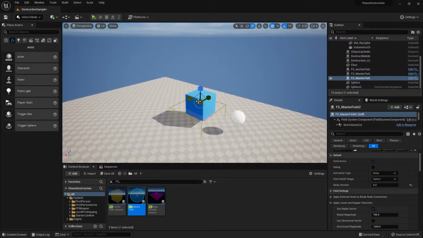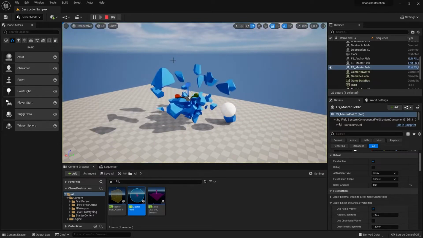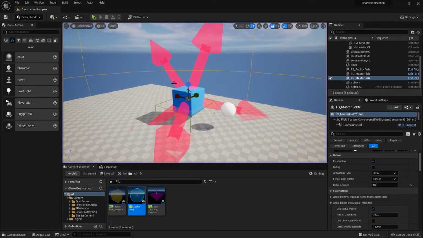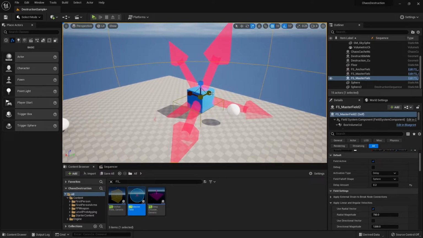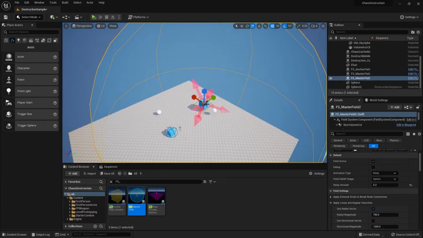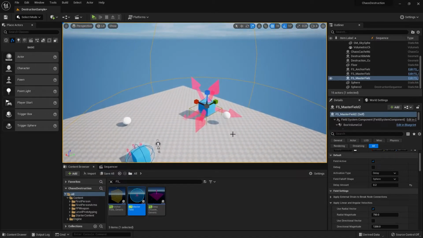But if I were to increase the scale by a lot, like maybe to this, then you can see the explosion is larger than when you have it scaled small, right? So there's that one way to control it, but I don't really recommend doing that, because if you wanted to have it explode out really big, then you may have to scale it up really big, which is not what you really want to do.